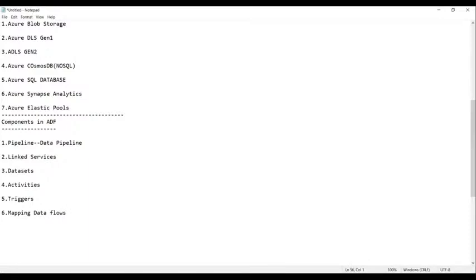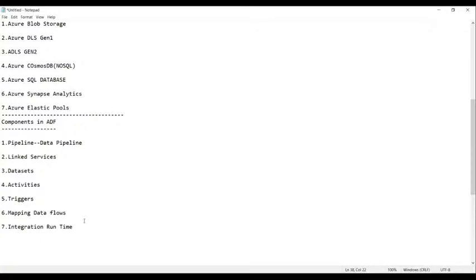And the seventh one is integration runtime. So, guys, these are the 7 components we require in ADF to perform this job.